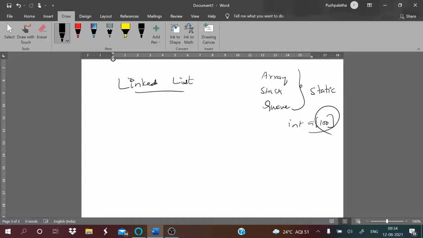So at the time of declaration, we may not be using all these 100 elements. It may be just 10 elements or 20 elements. It may be 50 elements also. If we are using only 50 elements, then the space reserved for the rest of the extra 50 elements is a waste of space. So that is the disadvantage of your static data structures.